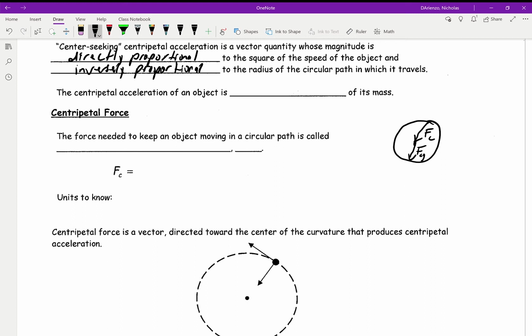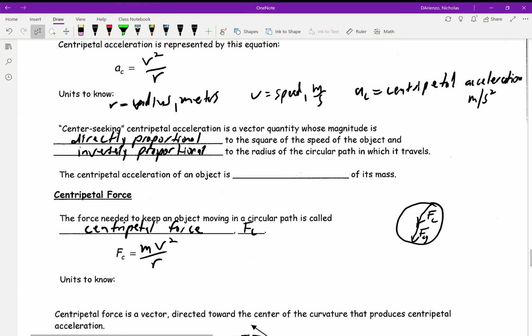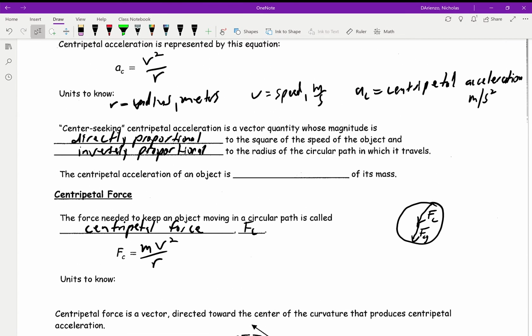So the force that's needed to keep this object moving in the circular path is the centripetal force, and it's directed towards the center of the circle. Our acceleration will act in the same direction as the force when applied, and we'll call that F sub c. Our equation for this is mv squared over r. Now that I'm writing that, I just realized, when we look at centripetal acceleration, v squared over r,